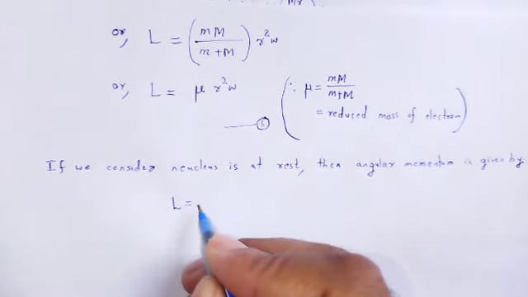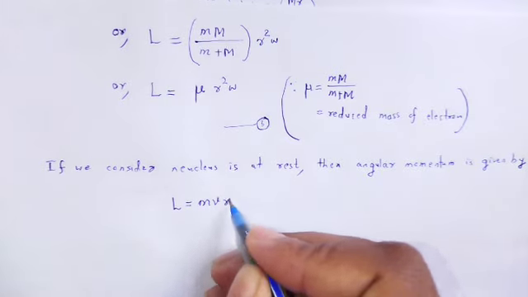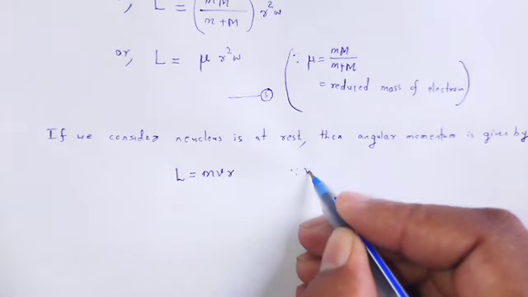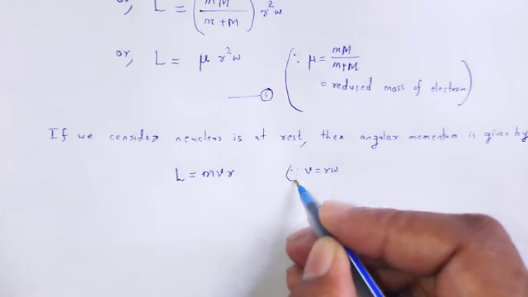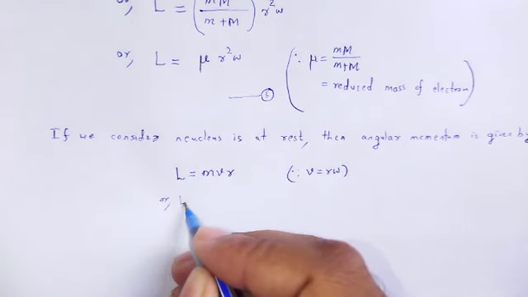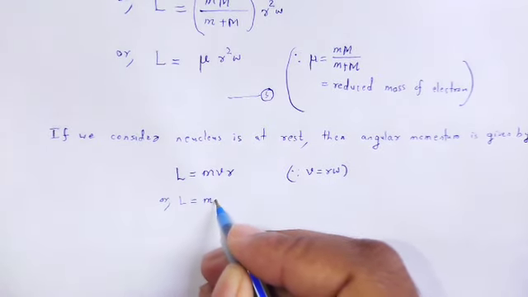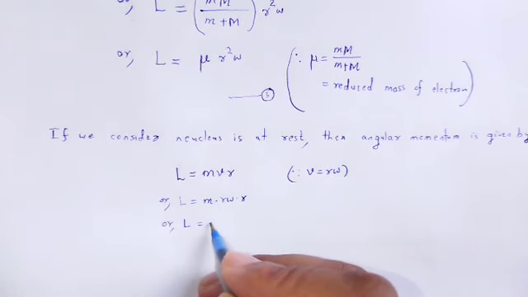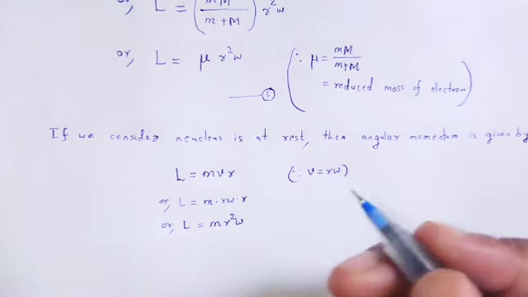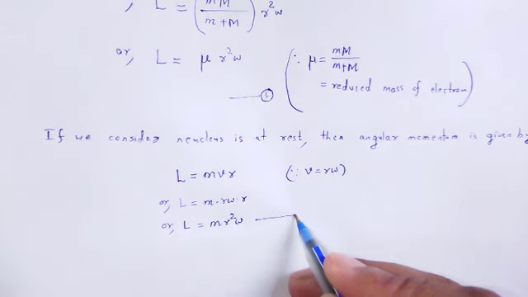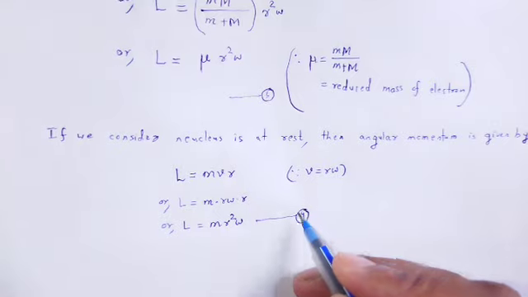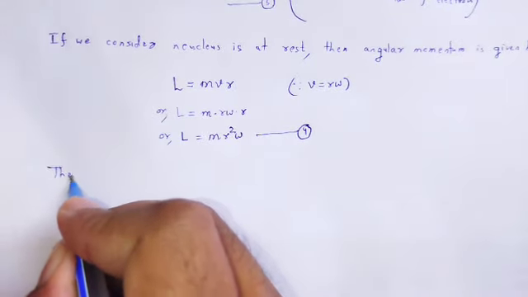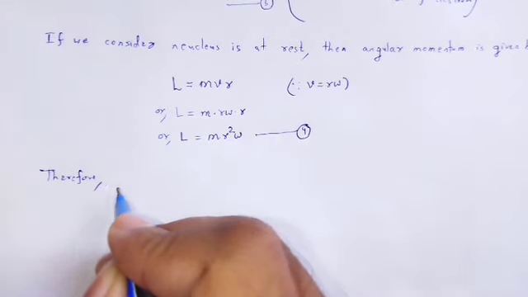L is equal to m v r. Here we substitute v is equal to r omega. Therefore L is equal to m r omega into r. Therefore L is equal to m r square omega. Therefore we see that